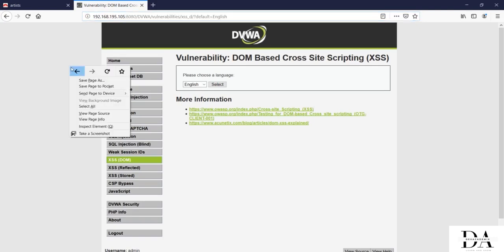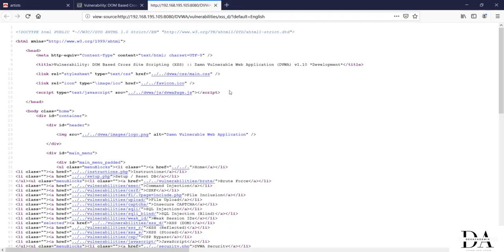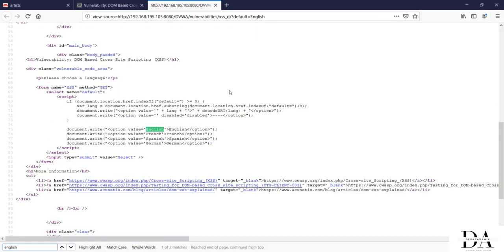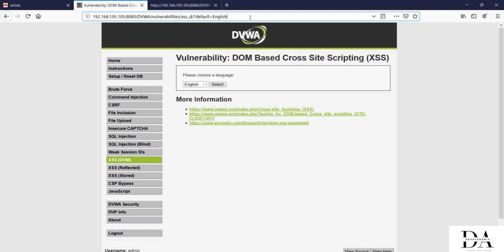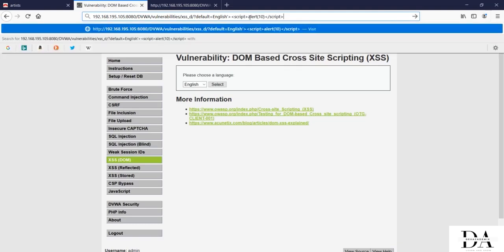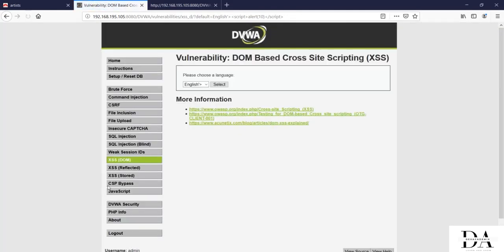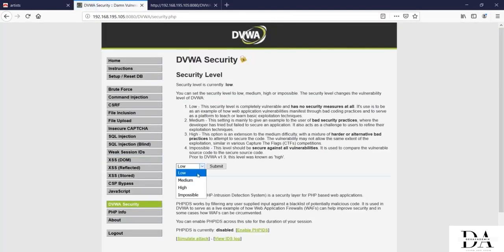Now let's right click and view page source. Let's do Ctrl F and type English and hit enter. Okay, so the English keyword is being reflected over here. Now let's try a simple XSS over here, and hence we are able to bypass this security level and able to perform DOM based XSS in low level security. Now let's change the security to medium